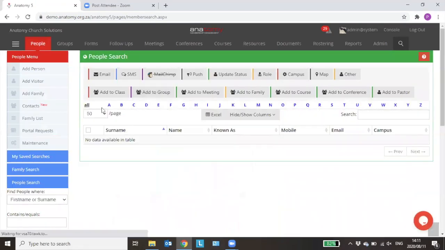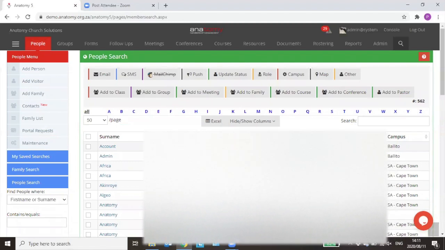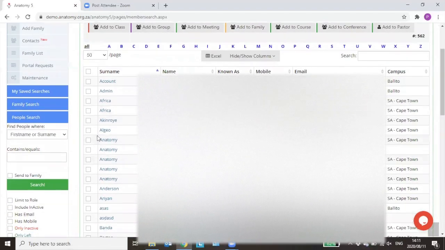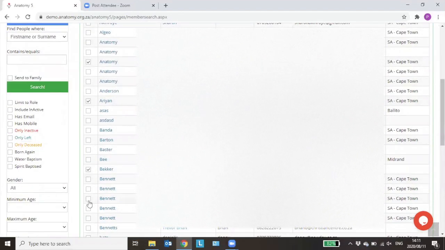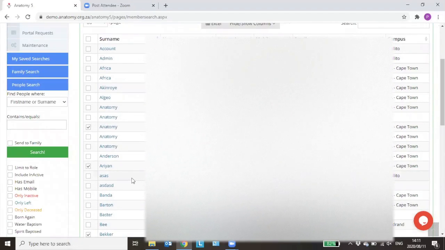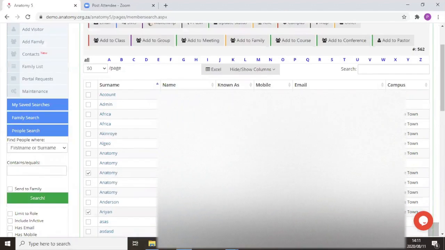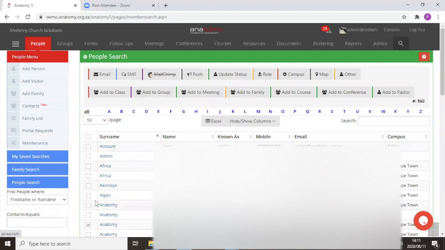If you would like to make a bulk of records inactive or contacts, you can come here, and I will just choose a few. You can filter according to the people that you would like to remove. If you know the role they have in Anatomy and you would like to filter according to that role and remove people with that role, you're more than welcome to do so. I'm just going to select a few, and then, as you can see from these tabs here, I'm going to go to update status,